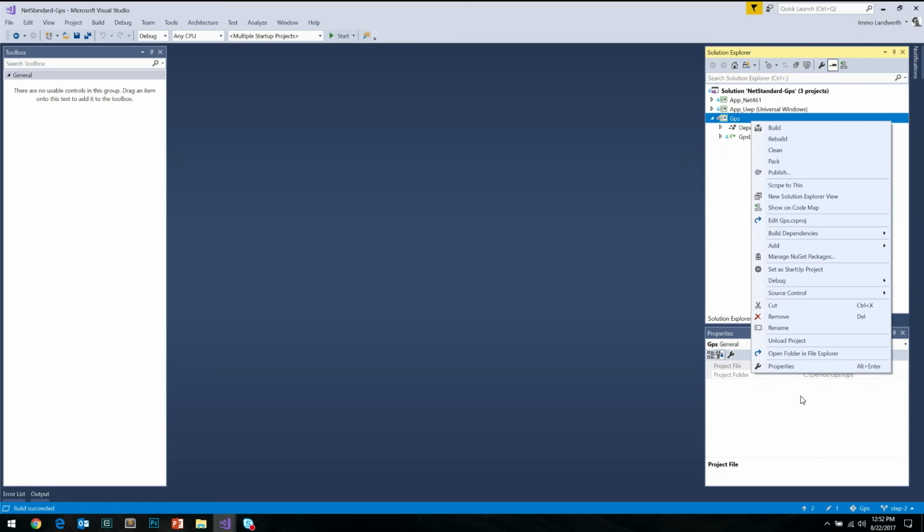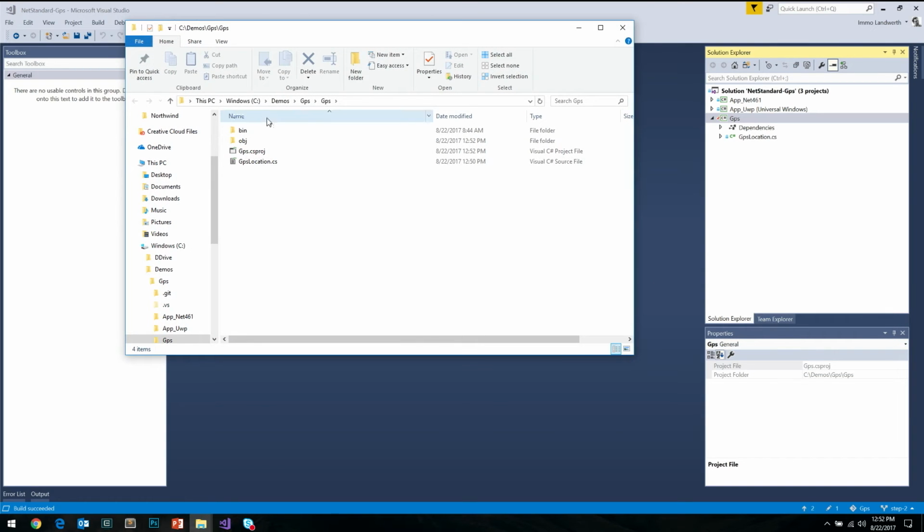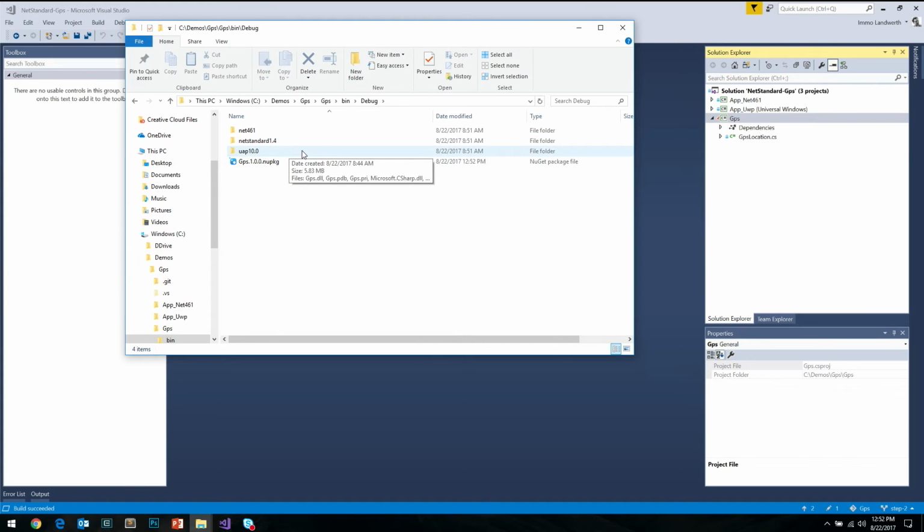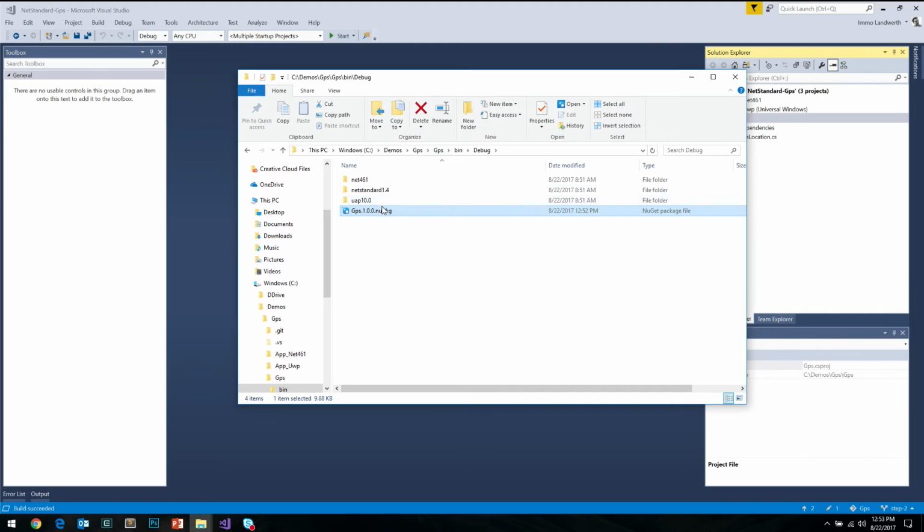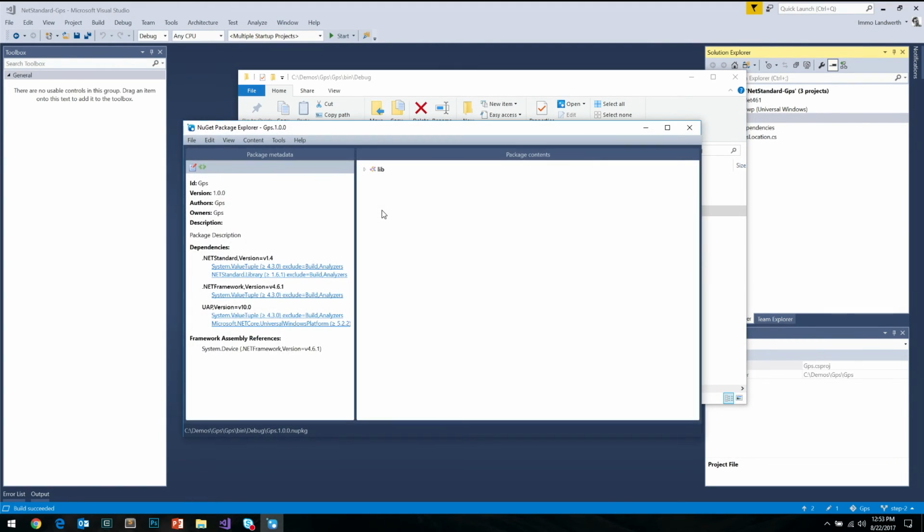So now when I build this guy, I just go to the output folder. First of all, you see there are 3 folders for the 3 different TFMs we target. I feel like we're going to use NuGet Package Explorer again. Exactly, but there's also one package, and only one package, not 3. Within the NuGet package, there are also 3 folders with the 3 binaries that we just